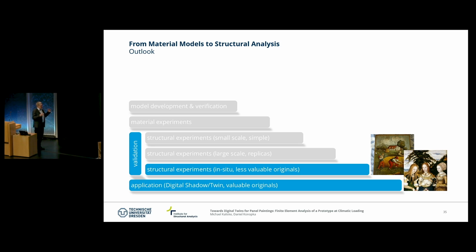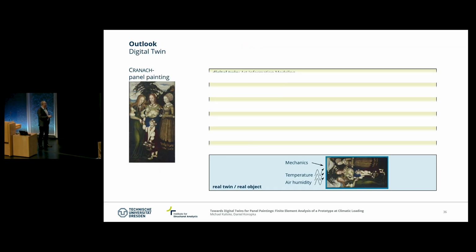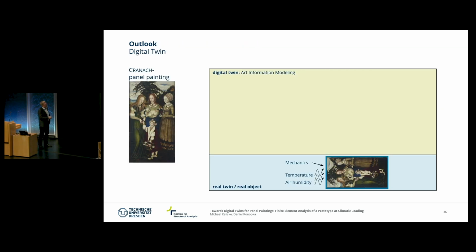So with our developments and our research, we think we are far from being at the end. The next step, and that's the vision, that's the outlook, we would like to develop the models as such further. That's one on the one hand side, but on the other hand, we would like to develop a so-called digital twin, which consists of different components. We have the reality, where we need to extract the information via sensors.